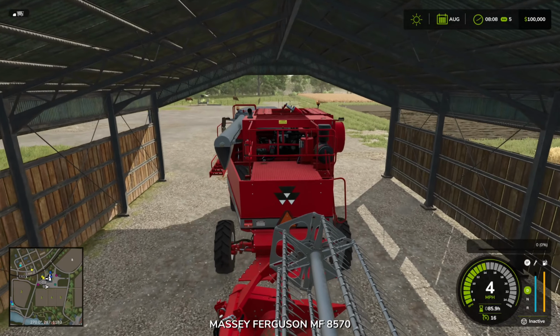We've just about finished up harvesting the canola. We're going to end up with about 6,100, 6,200 liters. Not terrible. So here we go. That's it. So I'm going to bring it this way, throw the pipe out so we can empty it. And I will grab a tractor in a second, and we will...